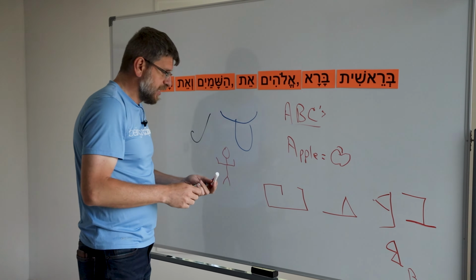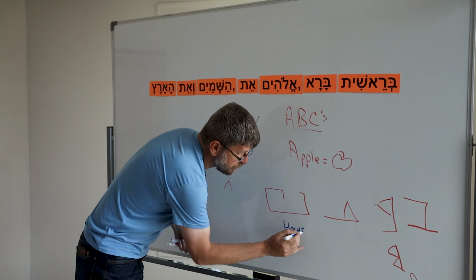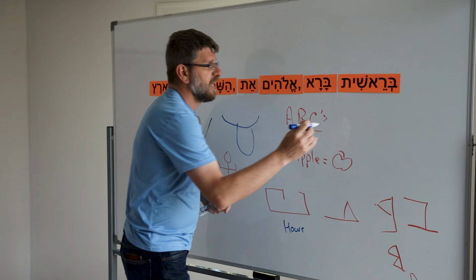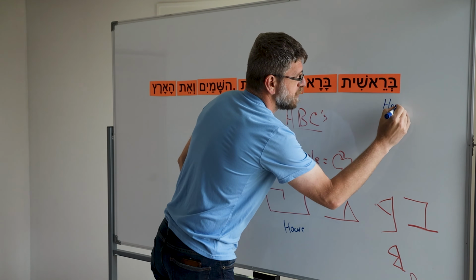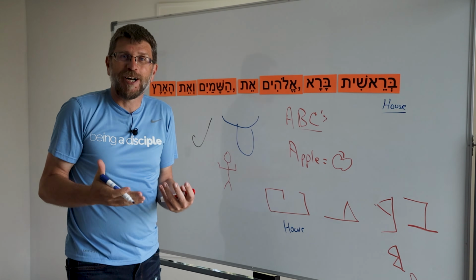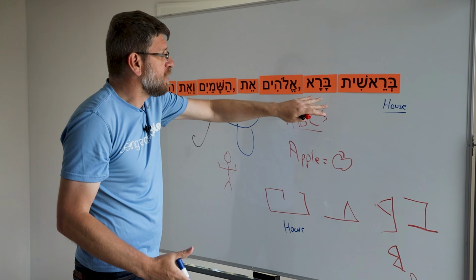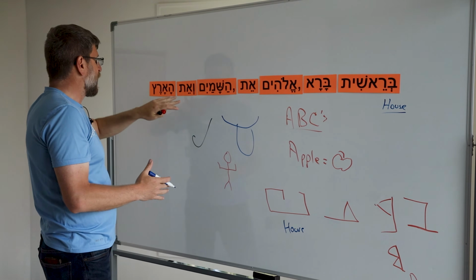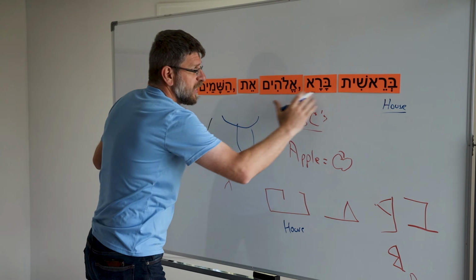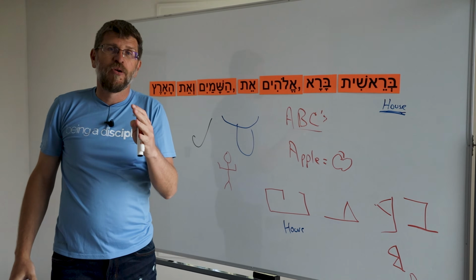And this image means house. The very first picture that God wanted to use in telling the story of creation is, this is about the Father's house. Do you think that's an important image that God's trying to get across? Saying this whole creation, the Beresheet bara Elohim et hashamayim v'et ha'aretz. In the beginning, God created the heavens and the earth. This is beginning and is talking about the Father's house, the place where God dwells.